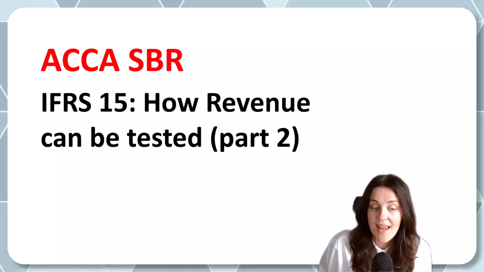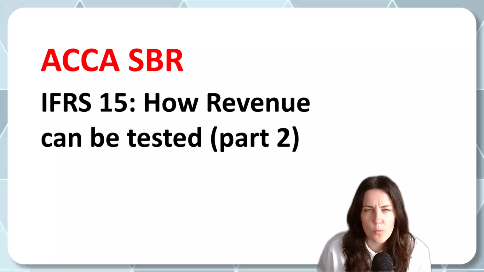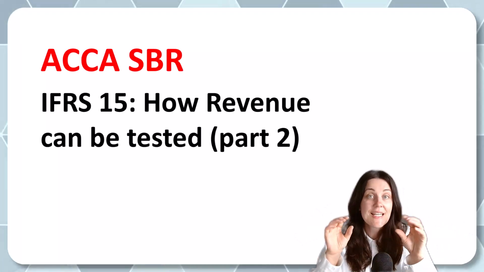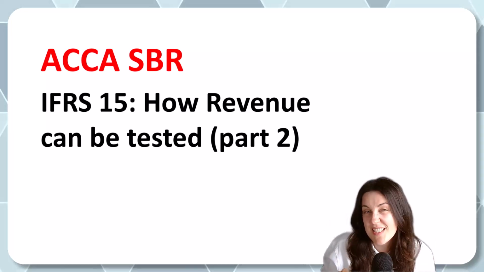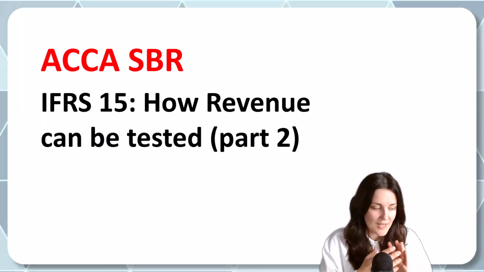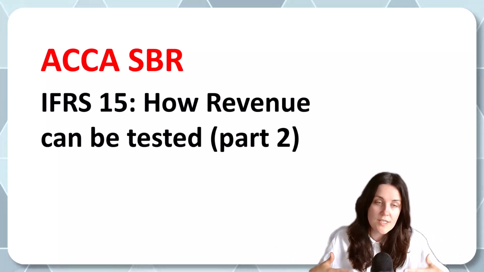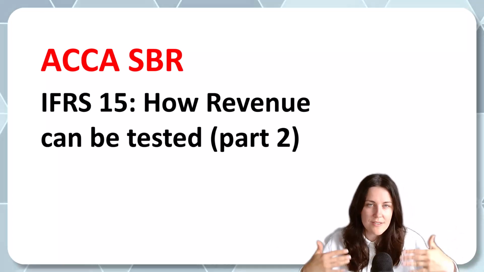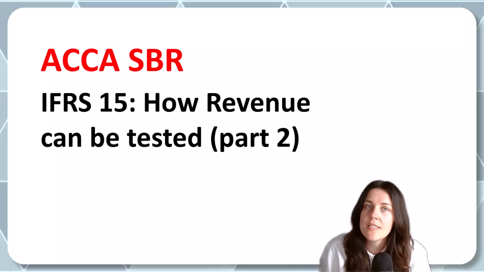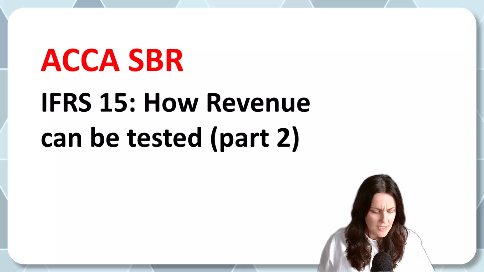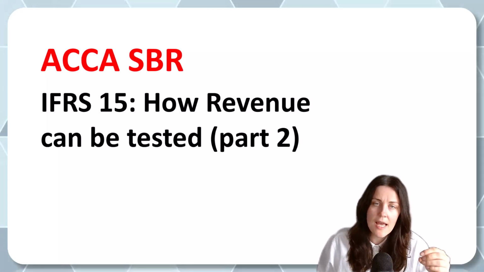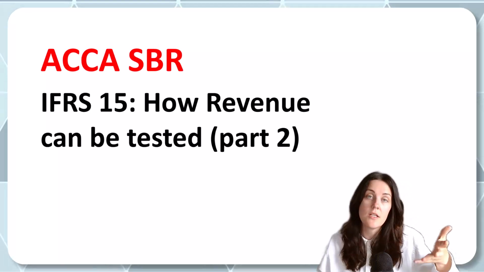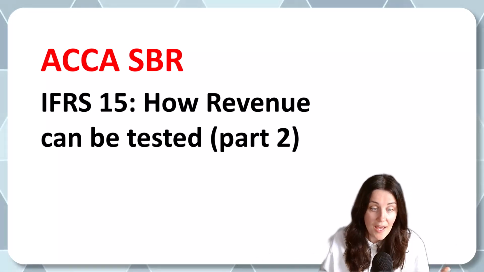And we know that SBR likes to test something that was not there in financial reporting exam. So this means that contract modifications are tested quite often. So, for example, if a company would supply some items at one price and then they would modify the contract or sign an additional contract and the price would be different. In this case, we would need to look at the price for these distinct goods and services, and we will need to compare it with the standalone market price at this very date. And if it is the same, then we